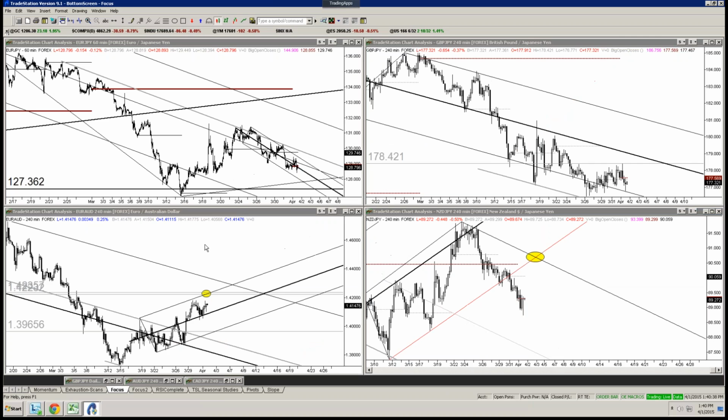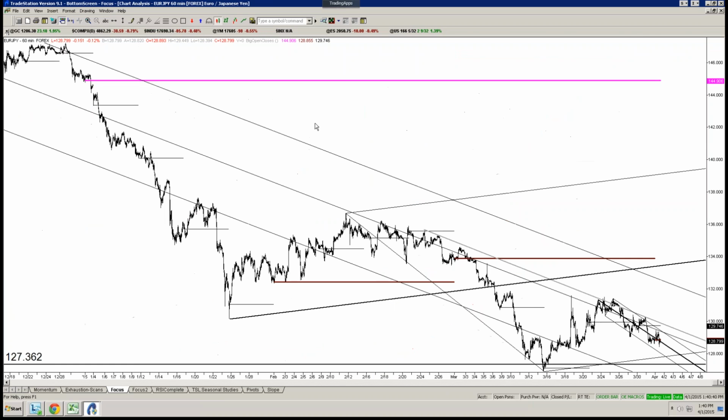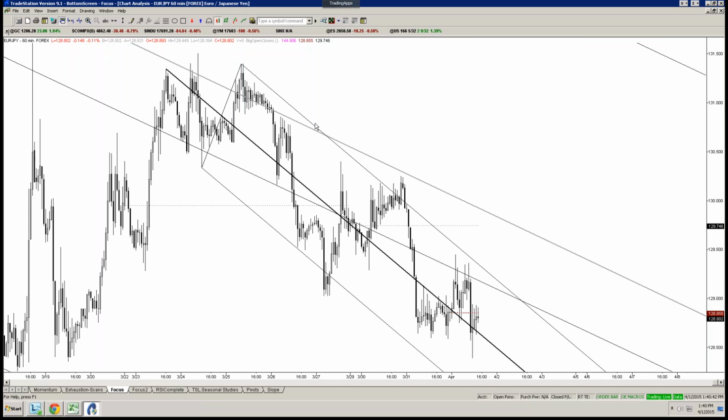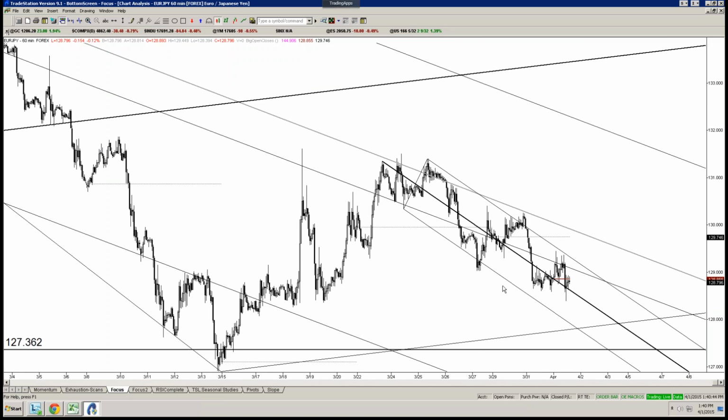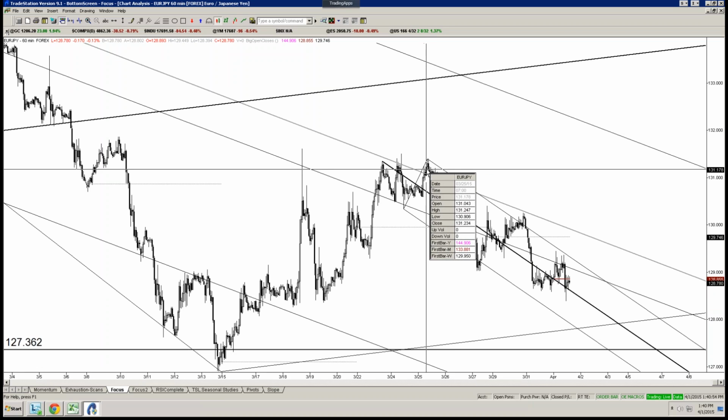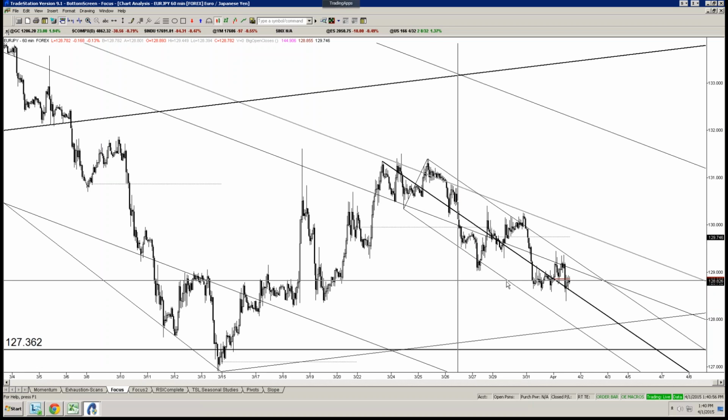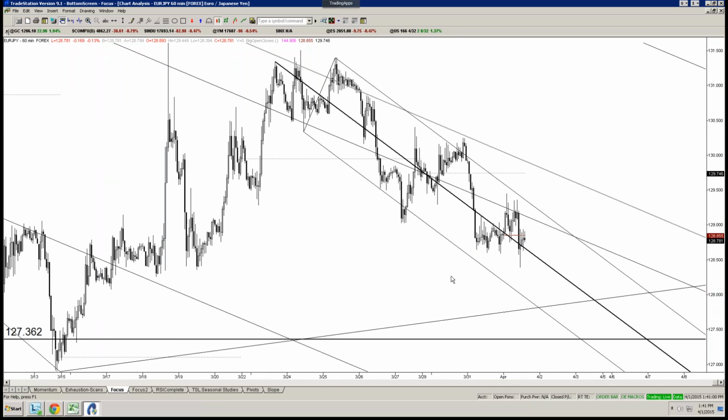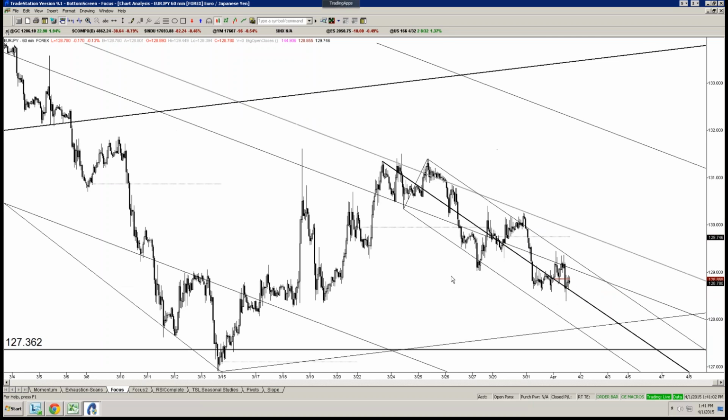Euro yen, same old, same old. The gray one, that's the bigger upper parallel, right? We were shorting up here around 130.104. We were able to take this down into these levels here, which is basically where we are now. 128.80. I think we got out at 128 or 127.75 for the last piece of the short position.